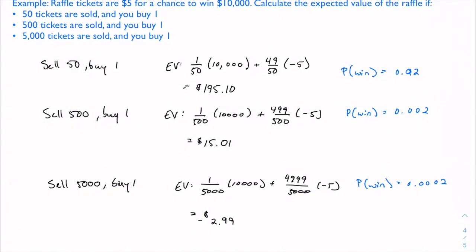So raffles are tricky from a probability standpoint because you don't know what this number is going to look like. This changes throughout the night, and your expected value when you first buy the ticket is completely different than your expected value at the end of the night when they actually draw the raffle. And that's kind of how they get you. It's like, oh, we only have 10 tickets that we've sold at that time. They might have 3,000 by the time they pull the number. So raffles are actually a really interesting problem in mathematics and probability, because of exactly what you see going on right here.